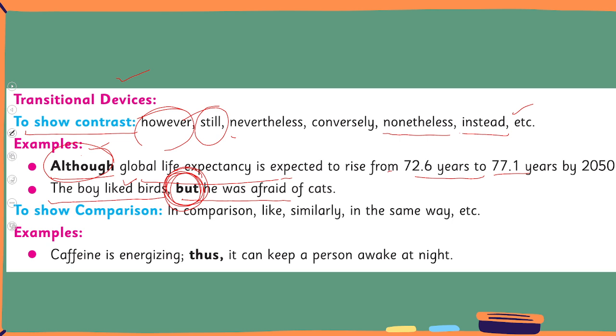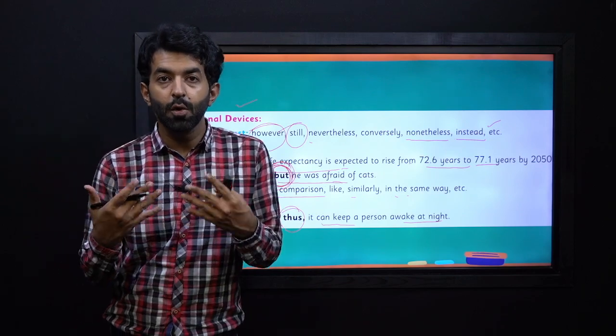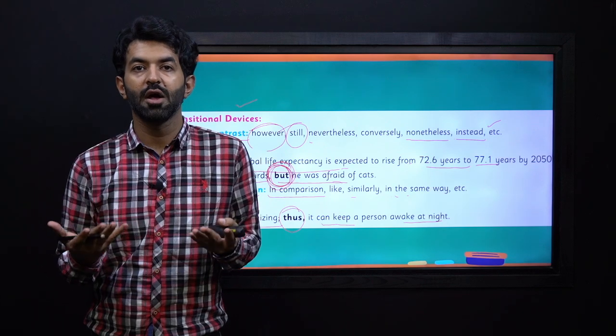Now, let's talk about our words that show comparison. In comparison, we can use the word, the group of words in comparison, like, similarly, in the same way, etc. to showing comparison between two things. For example, caffeine is energizing. It can keep a person awake at night. Thus, or similarly. So, when we are comparing both things together, we can use thus and also